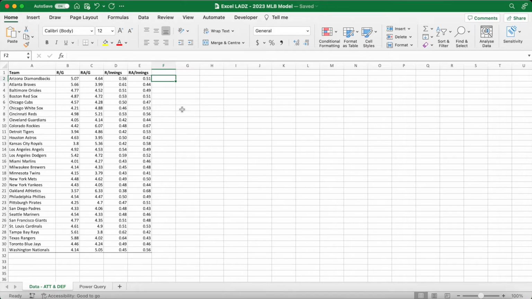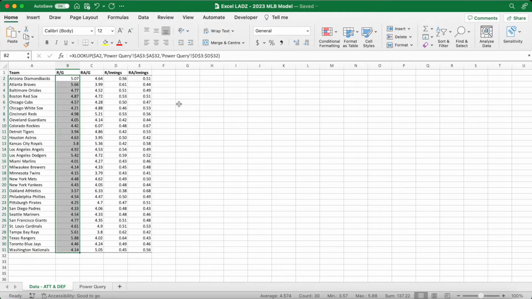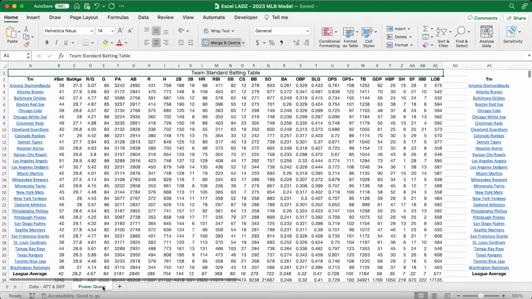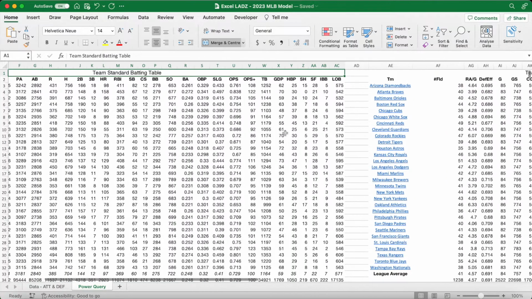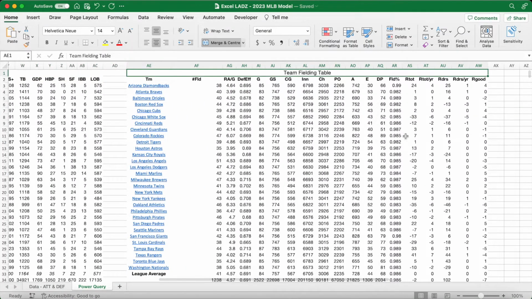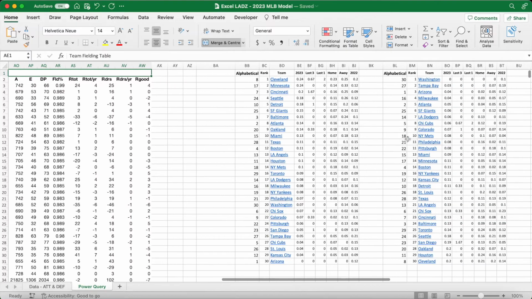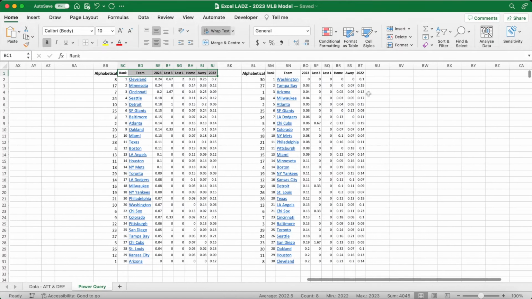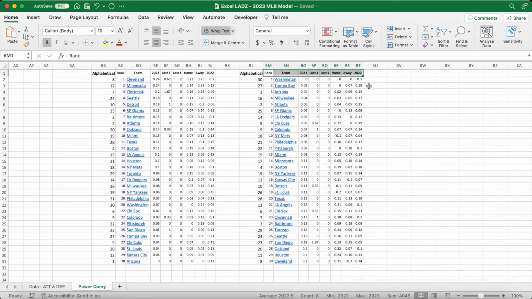The first step, lads, is to set up these 5 columns of data. So going from left to right is the list of MLB teams, their runs scored per game, runs conceded per game, runs scored per innings, and then runs against or runs conceded per innings. What I've done for this model is import these stats directly from the Baseball Reference website, and I've done that using a Power Query. The link to these stats will be in the video's description for you lads, and will obviously also be in the downloadable file over on Patreon, so we can see here the rest of the stats